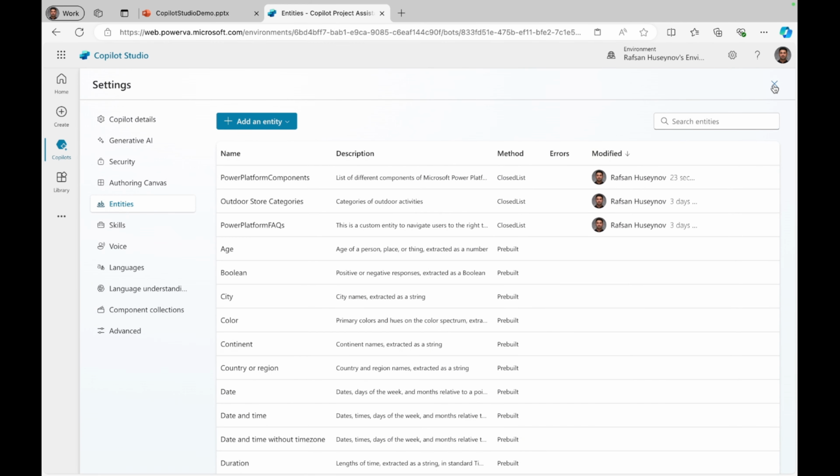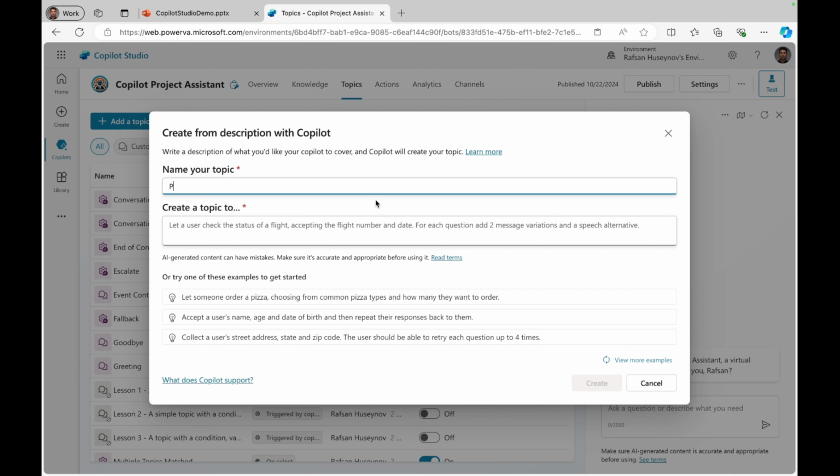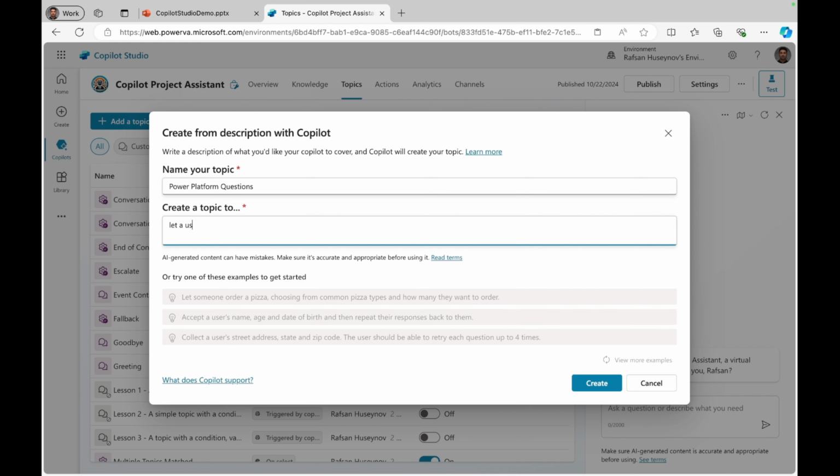I typically use from blank, but sometimes I found helpful for triggering phrases using create from description with Copilot. So I will call this Power Platform Questions. And I will say, let the user ask questions about Microsoft Power Platform components